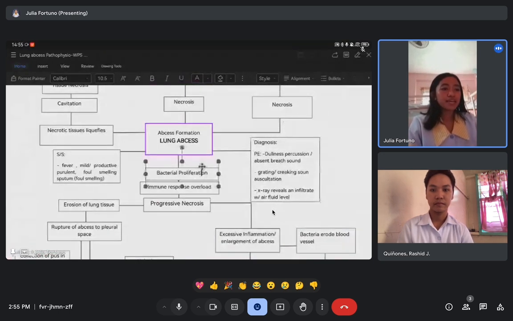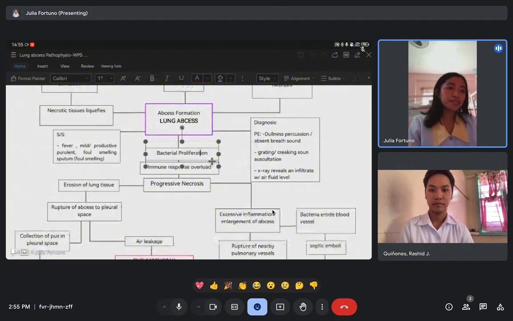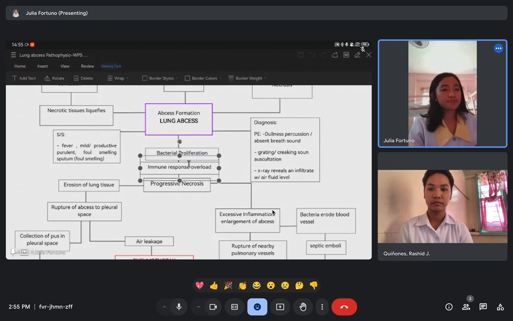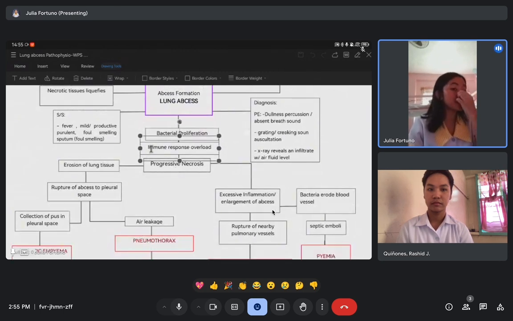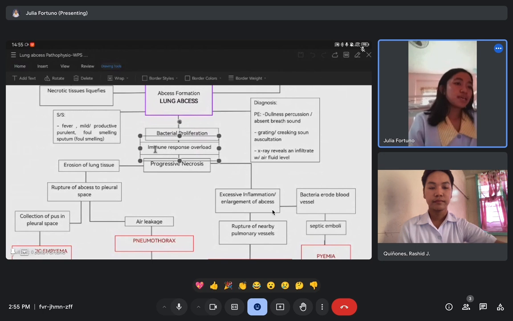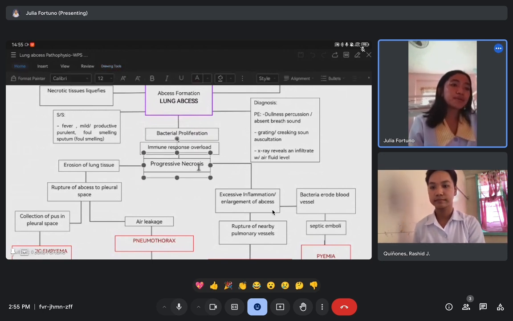Next would be, if a lung abscess is not treated, it will continue to grow. First, there will be a bacterial proliferation. Since it is not treated, it will cause the bacteria to increase. As the bacteria increases, the immune response overloads. So the immune response attacks, but since there is too much bacteria, it will lead to progressive necrosis because